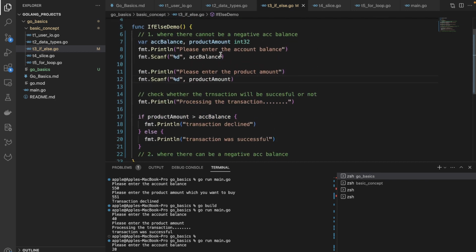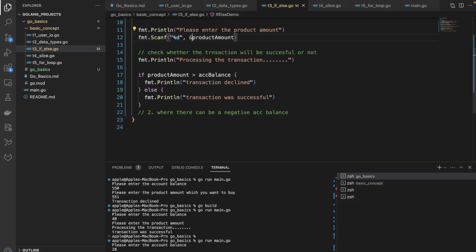It seems that I have made one mistake somewhere. Where account balance, product amount in 32, and percentage of D. Okay, I got it. I didn't add this address of operator. Initially, many people make these kinds of mistakes, which even I did. I hope so they do. Okay, now this will work,